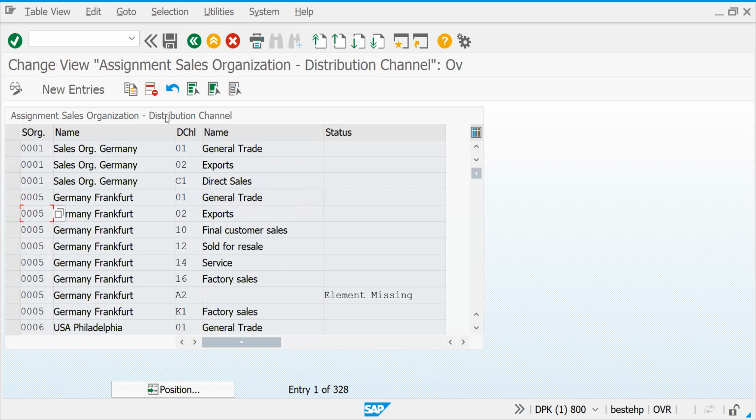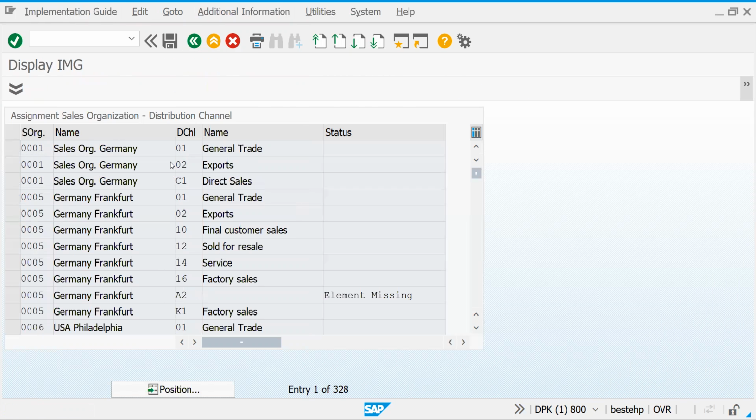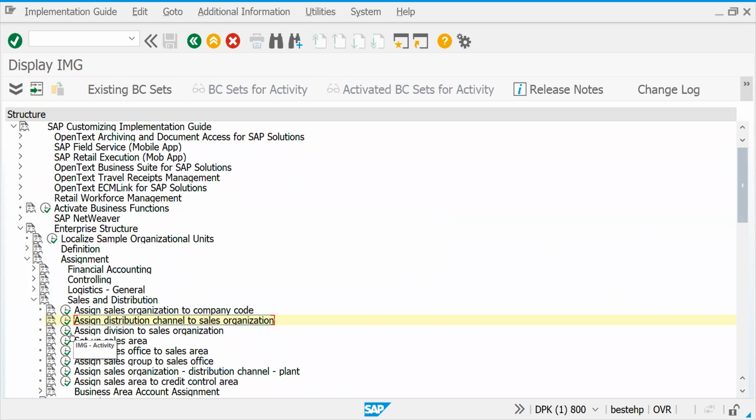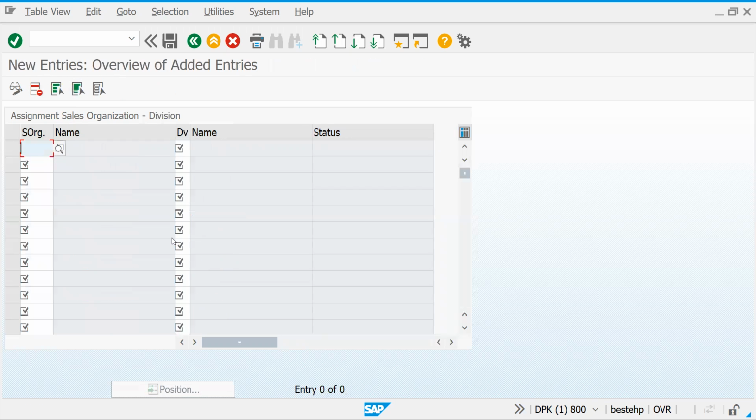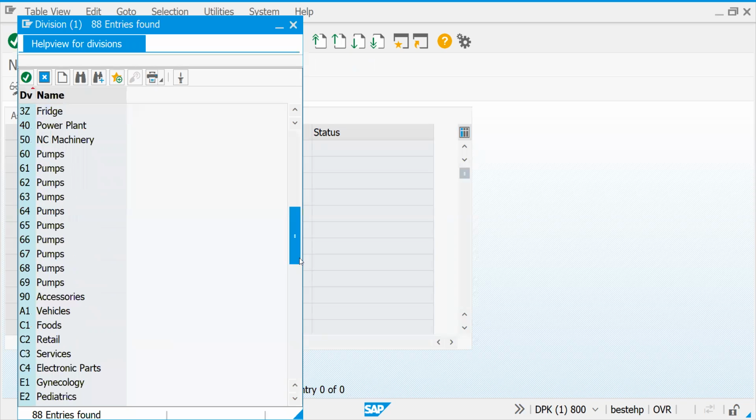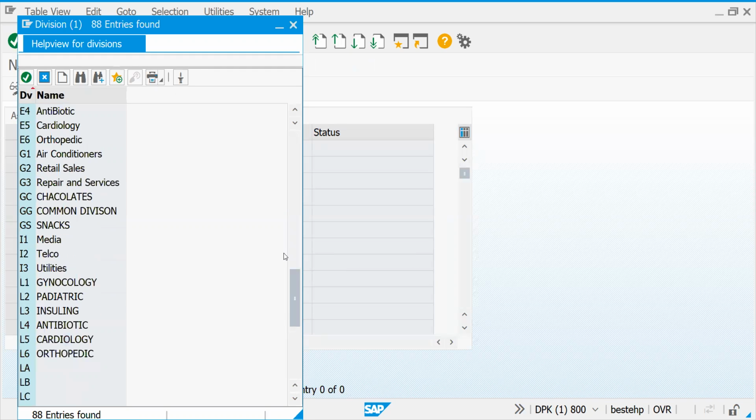Okay, now we have done this, and we already discussed the division. Division is your classification of the products, what kind of products it's supposed to sell. Okay, let's go to GS01 and we have defined different divisions, right? Let's come here. So we have defined these divisions.